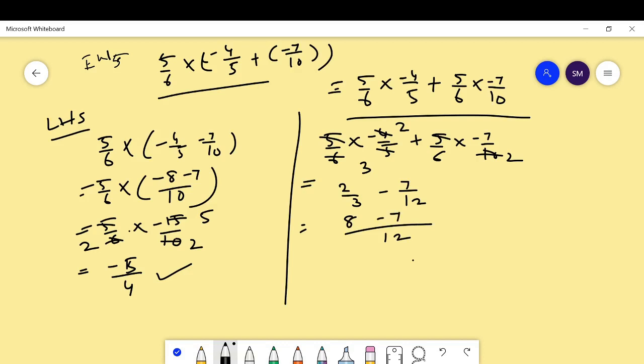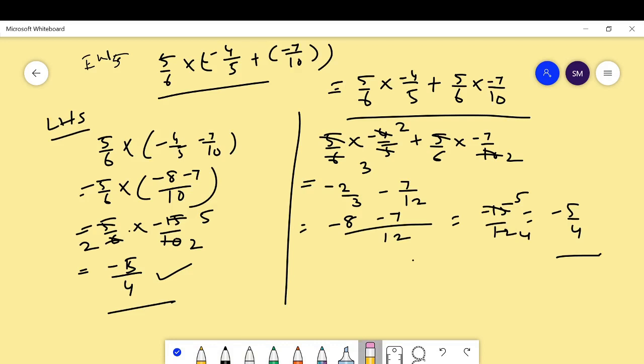Then we get here, look at here, this is minus 2 by 3 minus, then we get minus 15 upon 12, then 3 5 ja, 3 4 ja, then we get minus 5 by 4. Yes, the LHS is equal to RHS, hence here it satisfies the distributive property, hence proved.